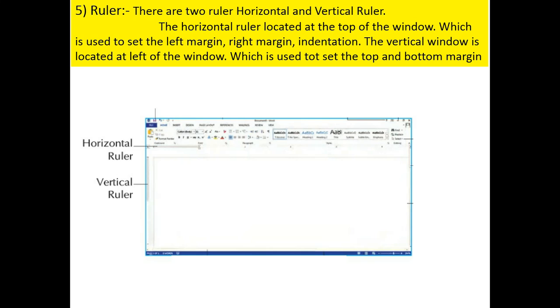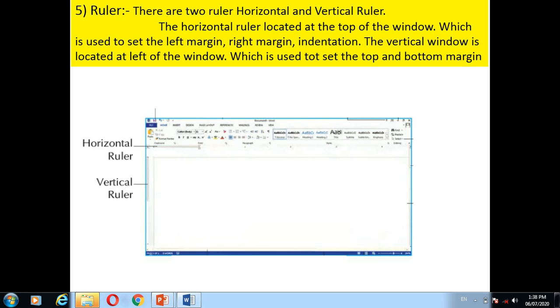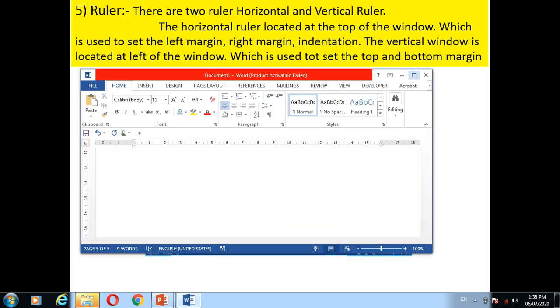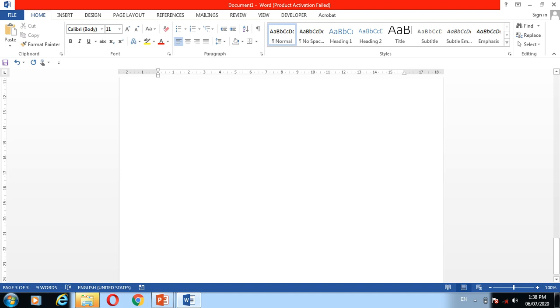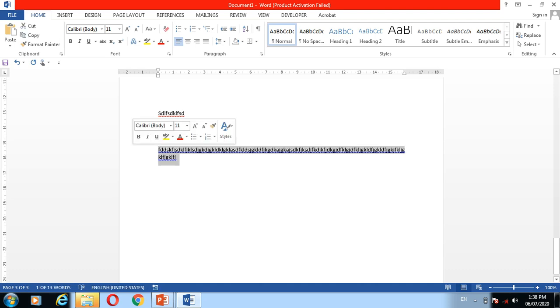I will show you. See, this is the MS Word window. Here is the left side margin, and here is the right side margin.